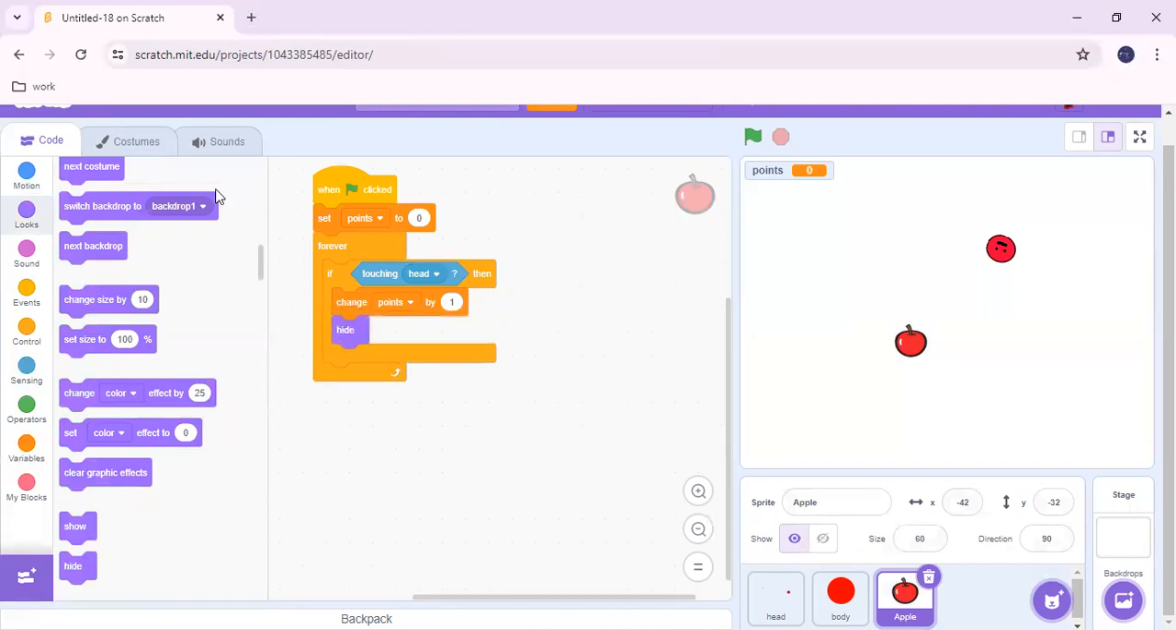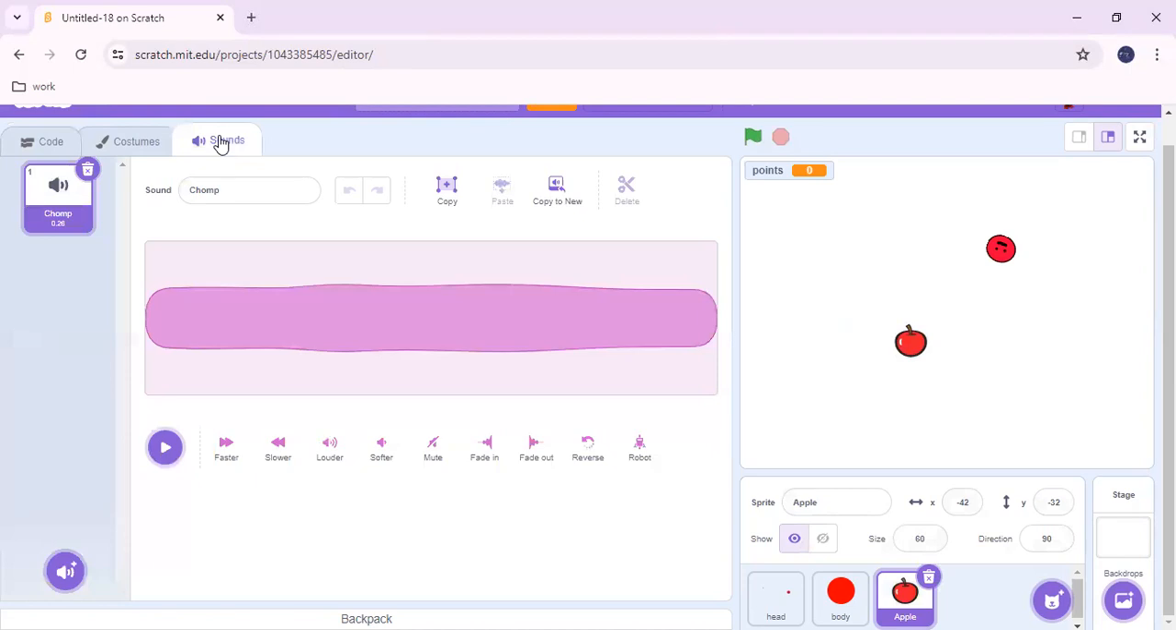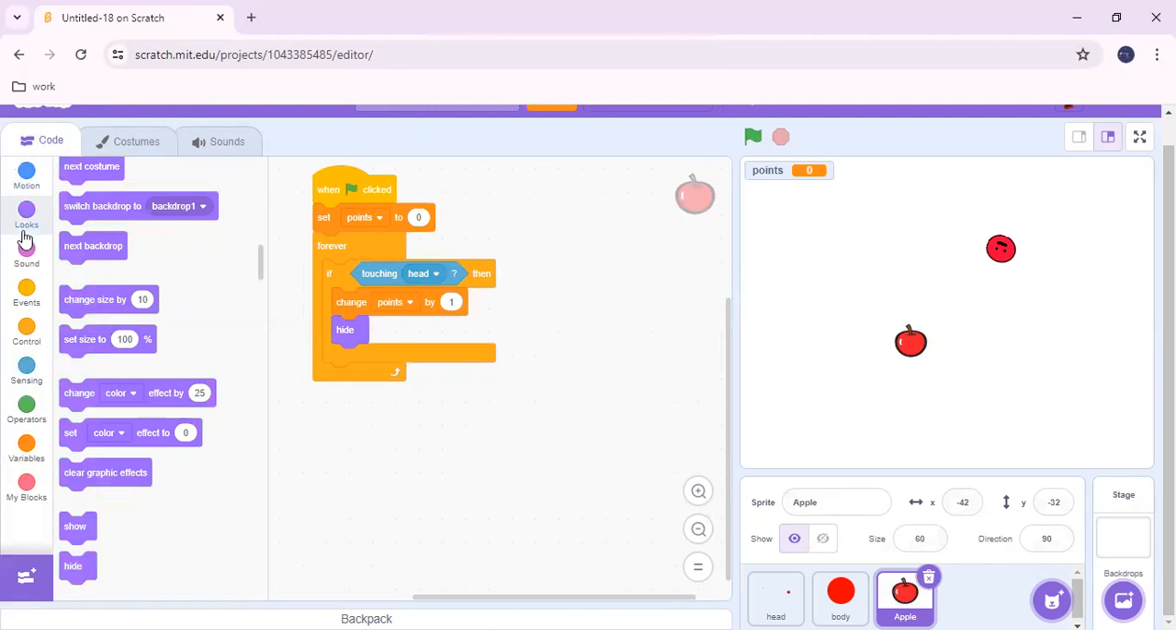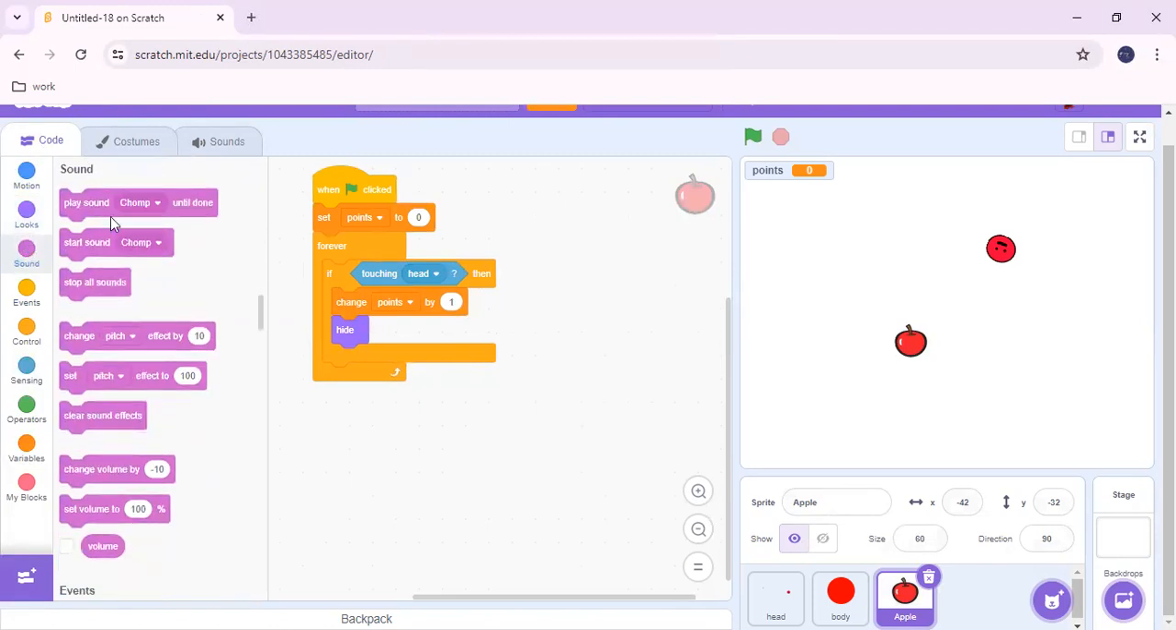Then if you want to put a sound, you can do that. I'm gonna put a sound, so I'm gonna go to sounds. And it already has the chomp for me. Let's see if it works. Let's see if I like it. Yeah, it works fine. So I'm gonna go to code, go to sound, and get the play sound chomp until